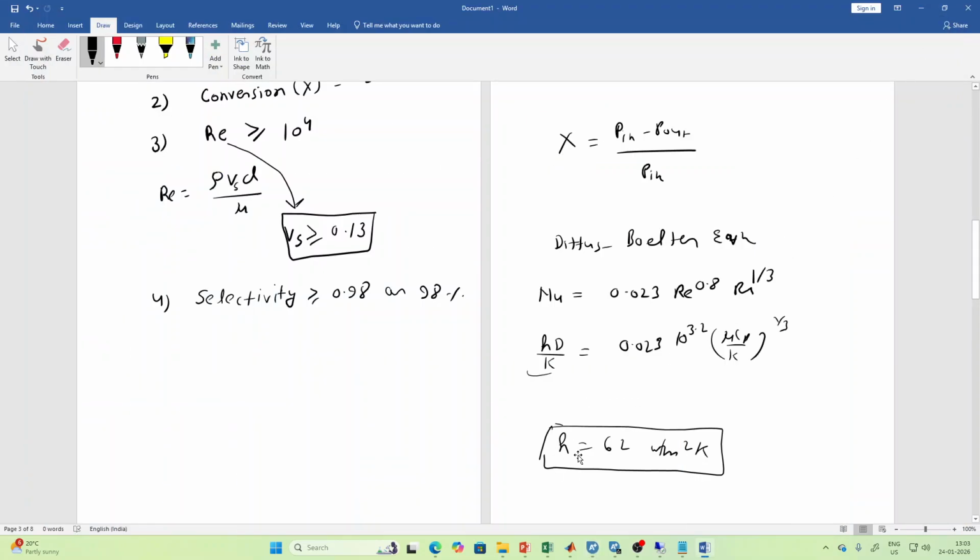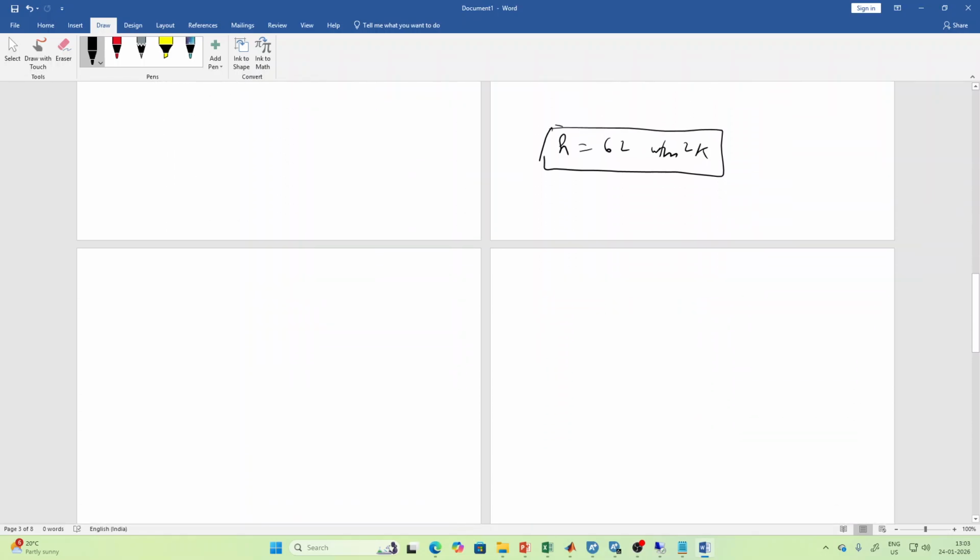Now you have calculated this h, and you have already calculated the superficial velocity. From the superficial velocity, you have to calculate the pressure drop across the reactor. The pressure drop across the reactor is calculated using the Ergun equation. The Ergun equation is delta P by L equal to 150 mu Vs (1 minus epsilon) whole square divided by phi square dp square epsilon cube, plus this term, which is from the